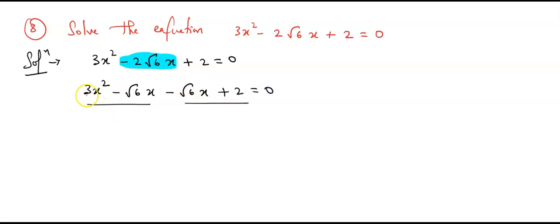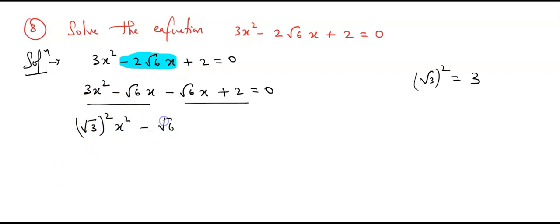Children, here you can see 3 and here is root 6, and here is x square and here is x. I will tell you one thing, please make sure that we know that root 3 whole square is nothing but 3, because square and square root get cancelled, so it becomes 3 only, no? Is this clear? So 3 can be written as root 3 whole square. So here also this 3 I will consider as root 3 whole square. Okay? And x square as it is.